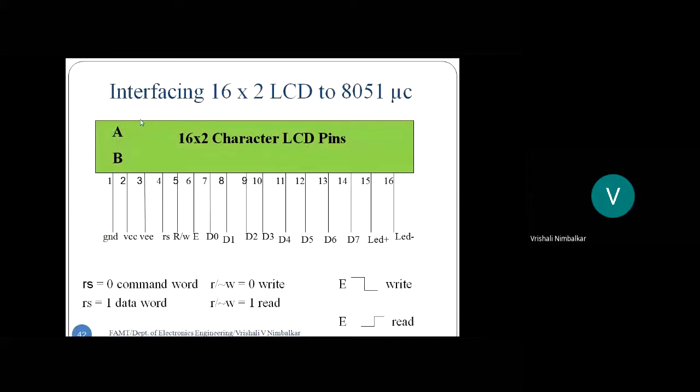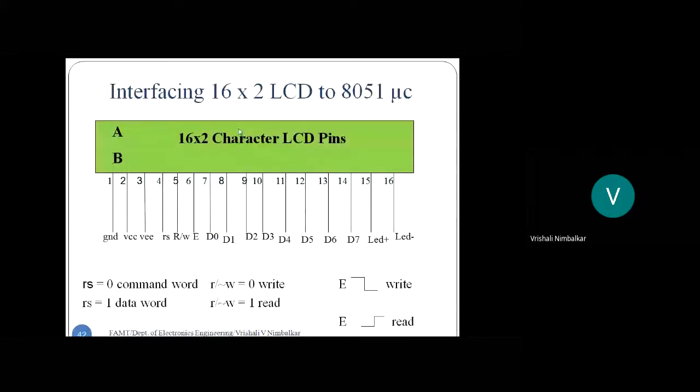We call it a position address. First row, first column, 80 hex. First row, second column, 81, 82, and up to 8F. So if I want to display hello at the fifth column, the address 80 is first, so the fifth column is 84 hex. That is the reason I can display the first letter anywhere on the display. It is not necessary that it should always start from the first position. I can display hello exactly at the center, because it has a position address.